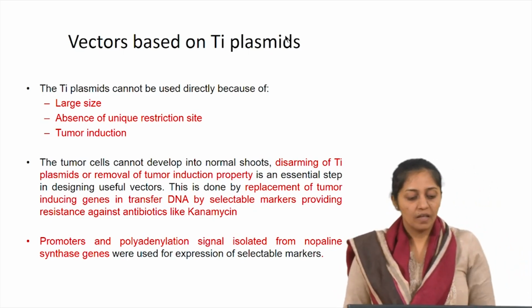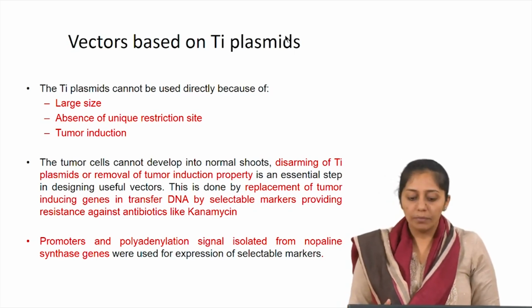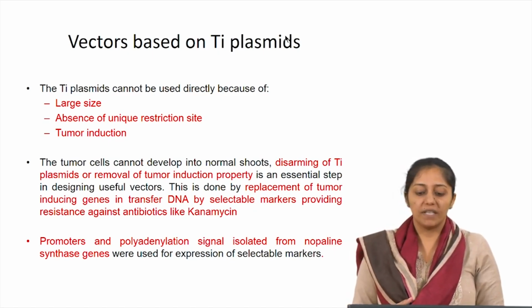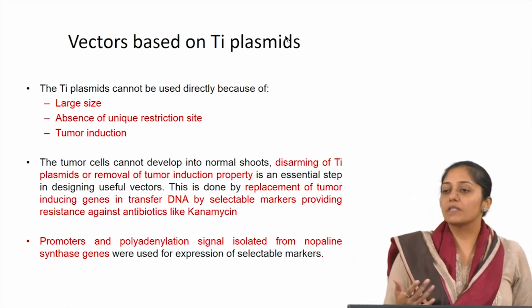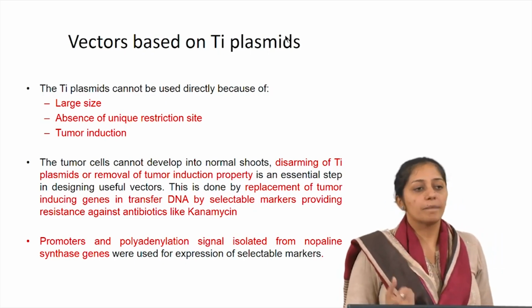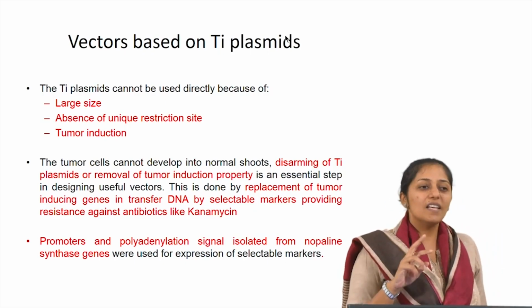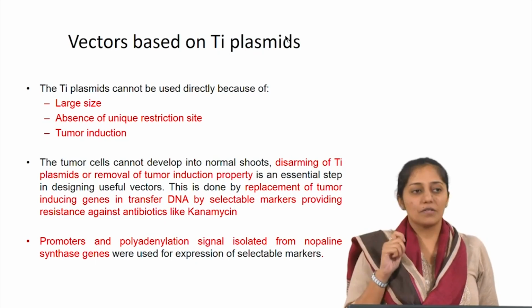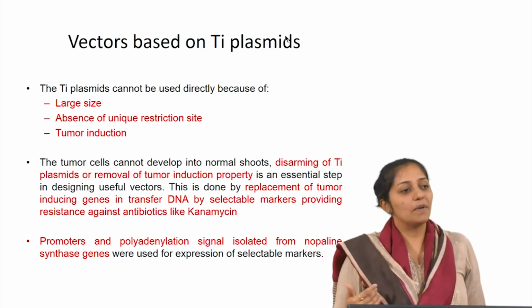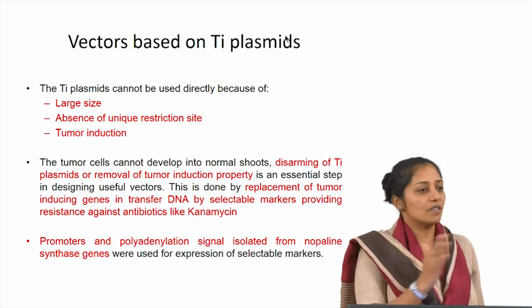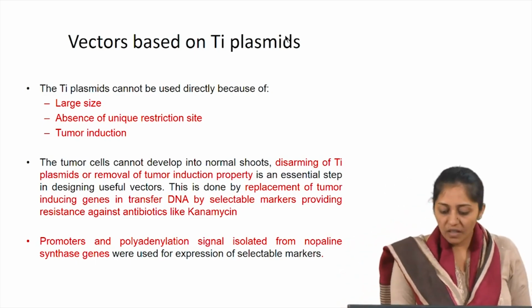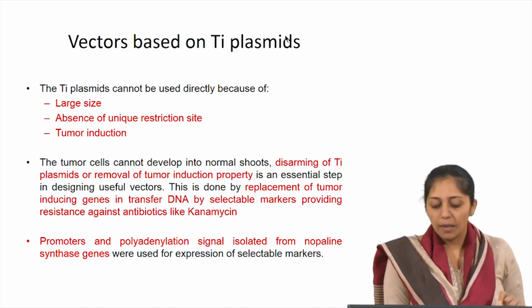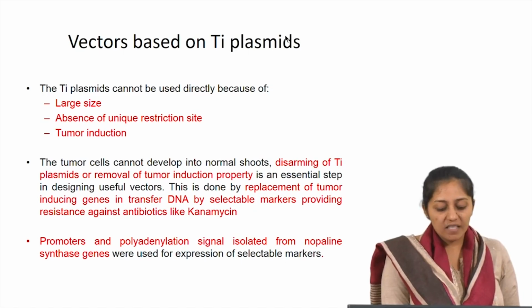So then the tumor cells cannot develop into normal shoots. Disarming of the Ti plasmid or removal of the tumor inducing property is an essential step. Generally it is observed that once you do Agrobacterium infections, even if you end up with cell lines, the regeneration capacity is hampered because of the stress in the whole plants. So when you are working for transgenic plants, all the more the tumor regions or the oncoregions have to be taken out. This is done by replacement of tumor inducing genes in the transfer T-DNA by a selectable marker providing resistance against